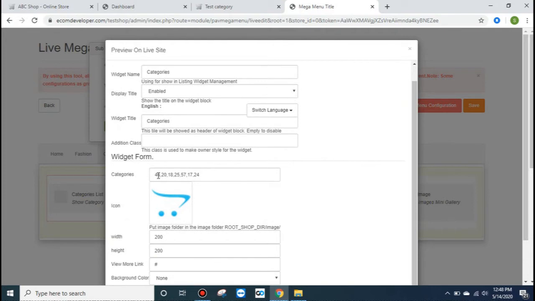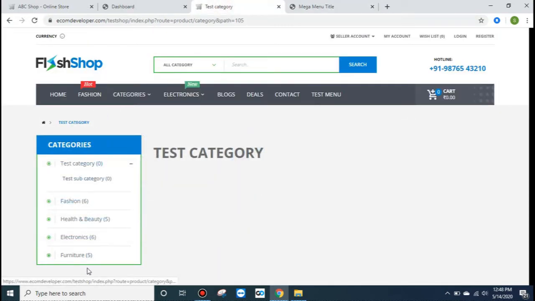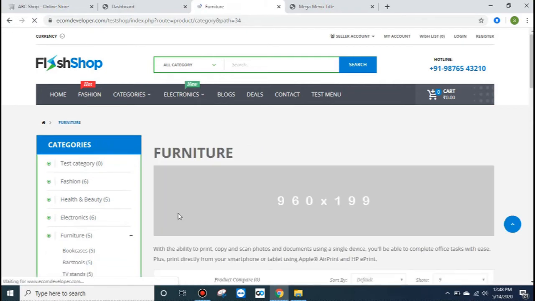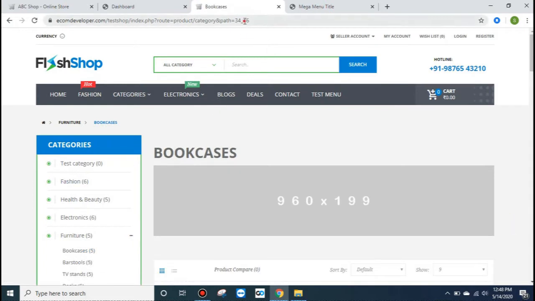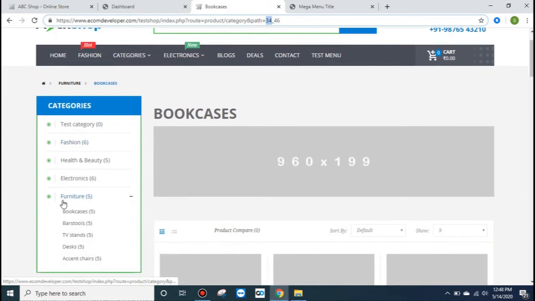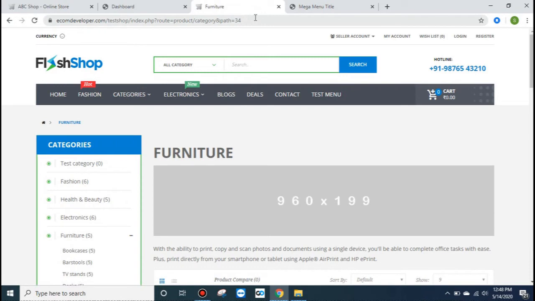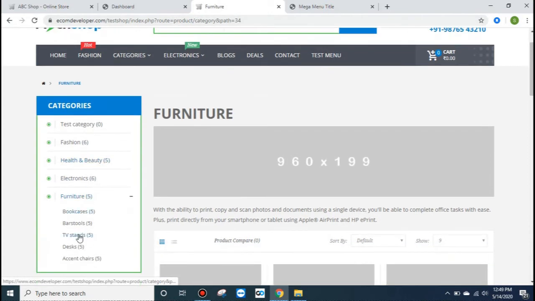Okay, like there is 46 category ID. So from where you can get it, go to category and we can see bookcases. So bookcase is having this ID and this is the parent ID. The 34 is the parent ID for furniture, and within that bookcase is available.